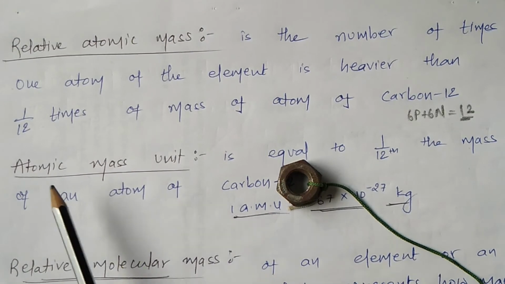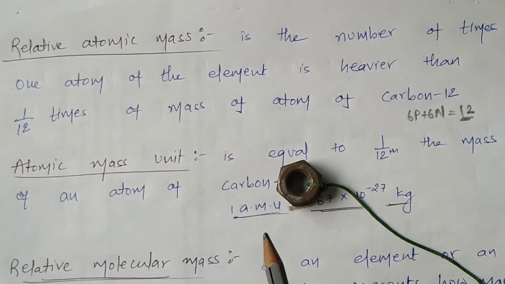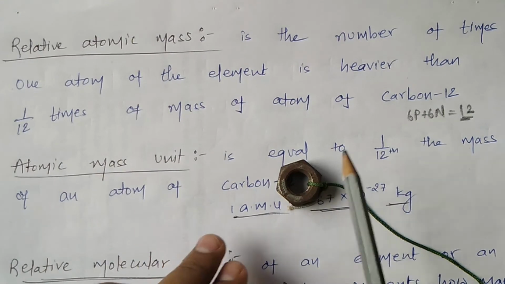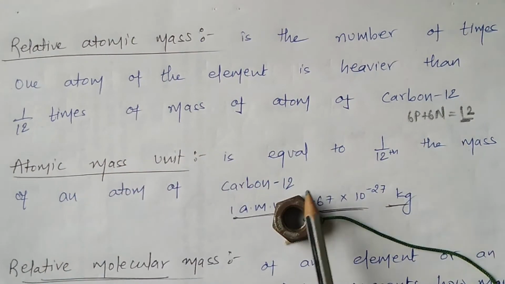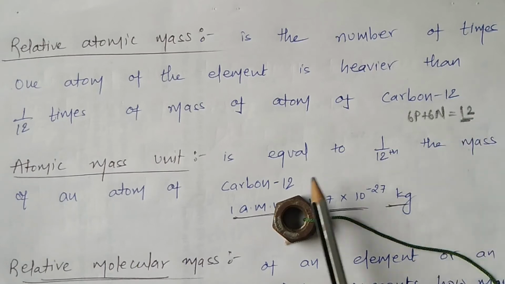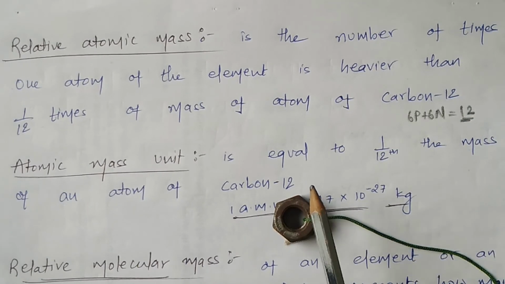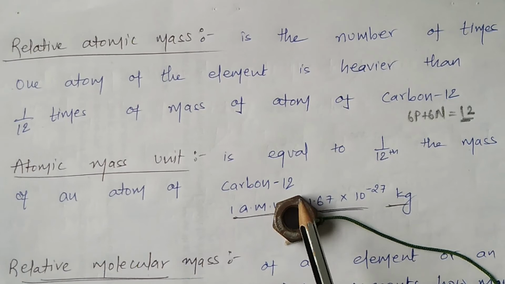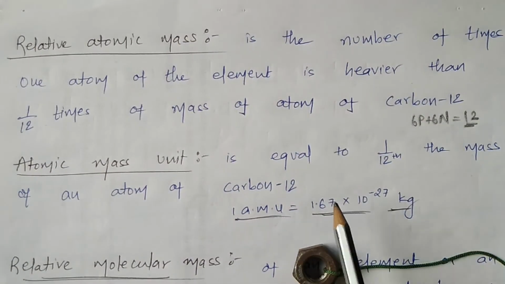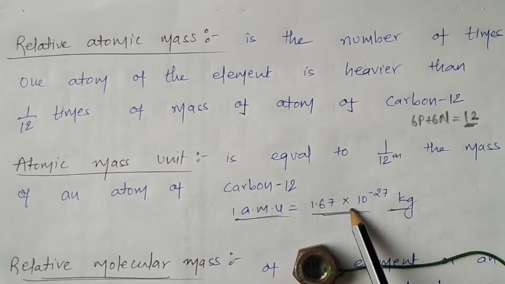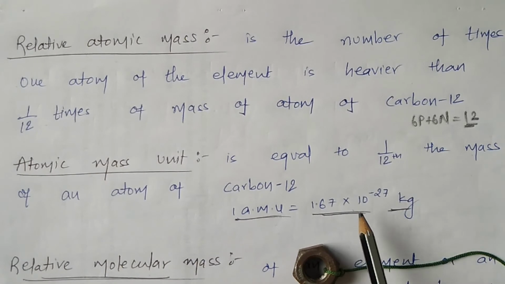Bas, that is called the relative atomic mass. That means what? See, this formed the 1 atomic mass unit. 1 atomic mass unit means what? I made 12 pieces of this. So one piece will be 1 atomic mass unit, and that is called AMU, which has a mass either equal to a proton or equal to a neutron.